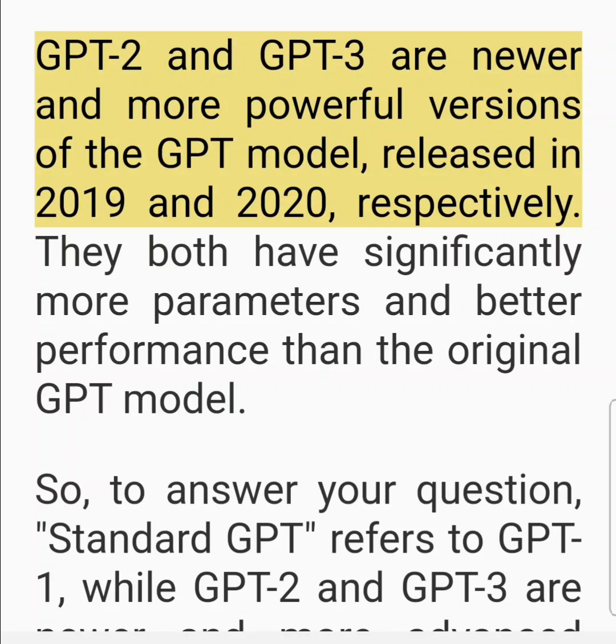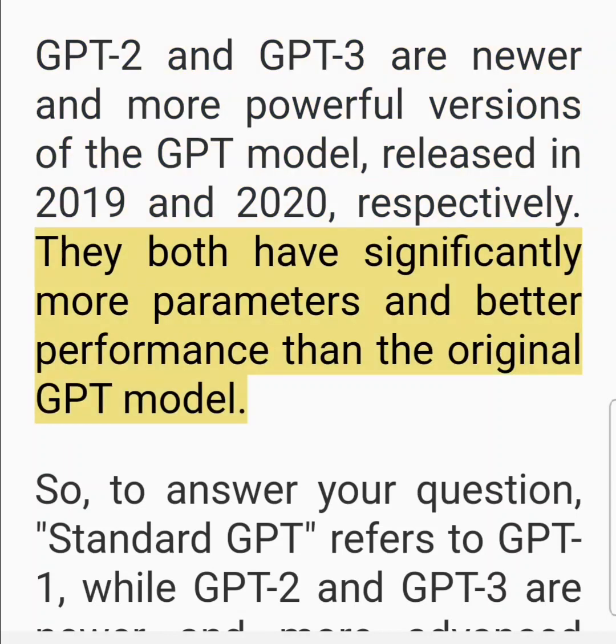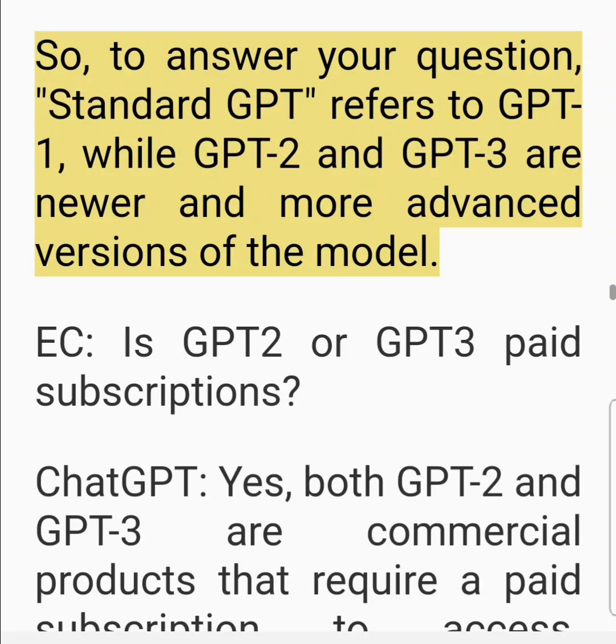GPT-2 and GPT-3 are newer and more powerful versions of the GPT model, released in 2019 and 2020, respectively. They both have significantly more parameters and better performance than the original GPT model. So, to answer your question, standard GPT refers to GPT-1, while GPT-2 and GPT-3 are newer and more advanced versions